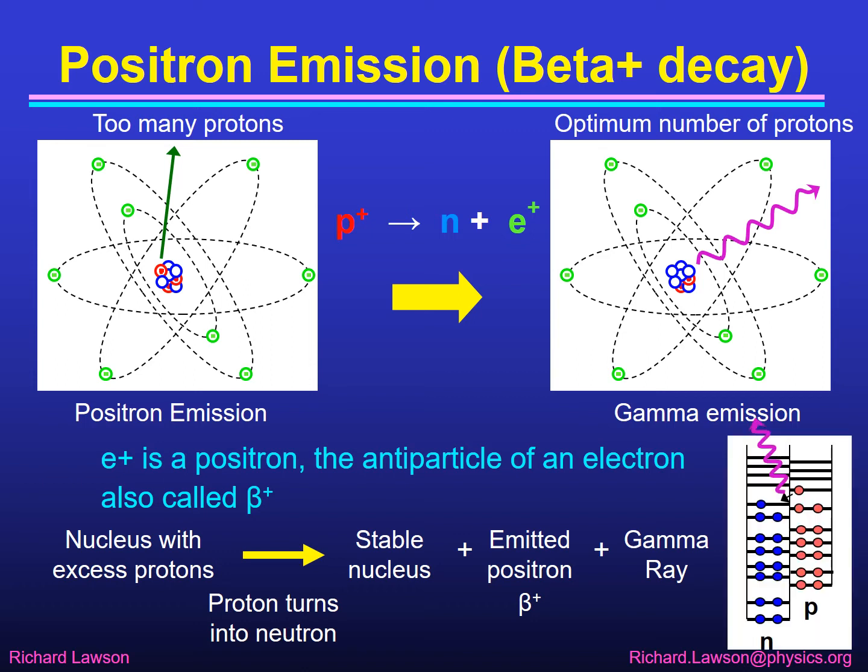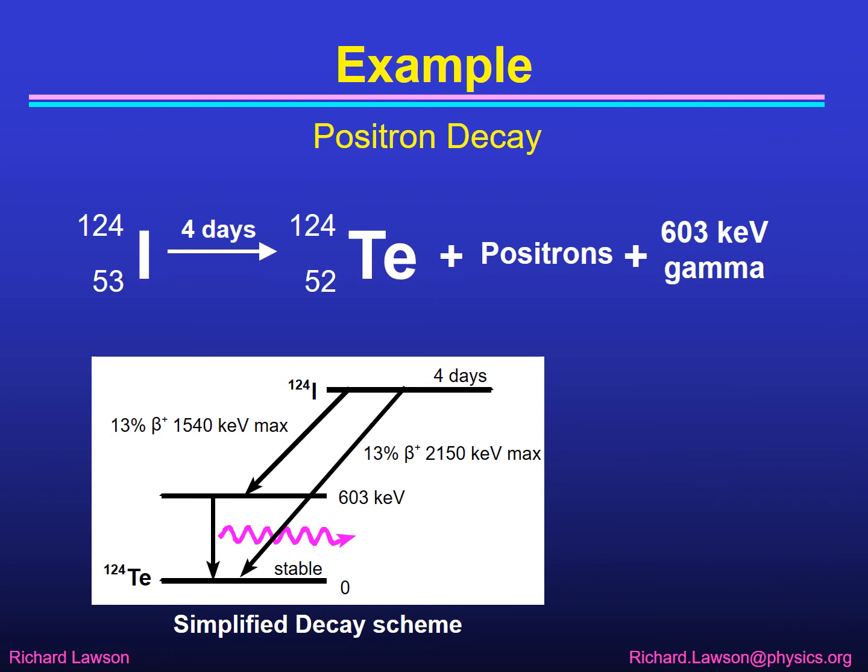On my energy level diagram, it was like this one again. A proton here turns into a neutron, giving off its excess energy. So that was an alternative to electron capture. An example of an atom that decays by positron decay is iodine-124. It has a half-life of 4 days and it turns into